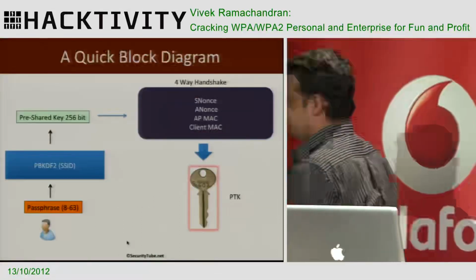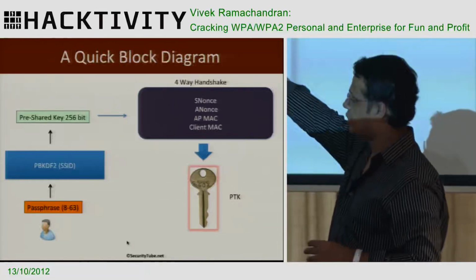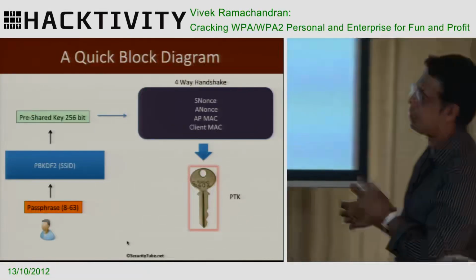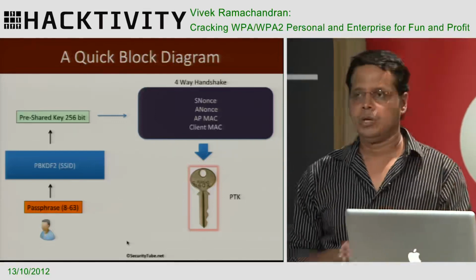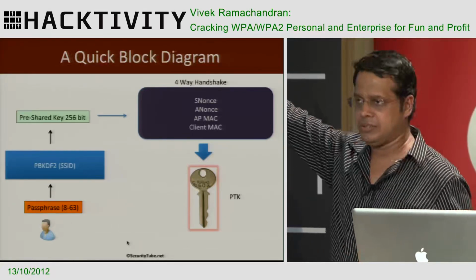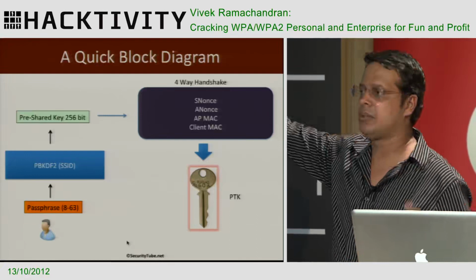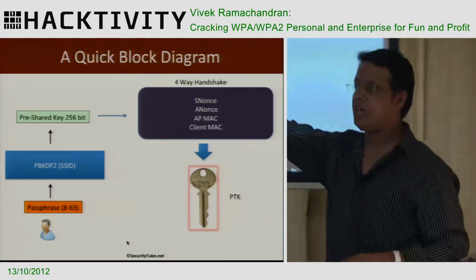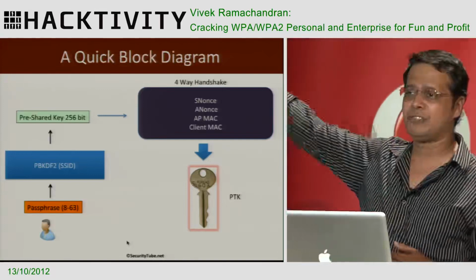Okay. Now, at a high level, this is how WPA works, right? You have a passphrase, goes through a function, generates a key. We use these 4 parameters: S nonce, A nonce, AP MAC, and client MAC. Now, let's say you're a hacker who's sniffing the air. You've managed to capture a handshake. Can you get the A nonce out of it? Yes. The S nonce, AP MAC, plain text, client MAC. What's the only thing you don't know in this picture? The passphrase, right? And this is where, using all these parameters in the 4-way handshake,